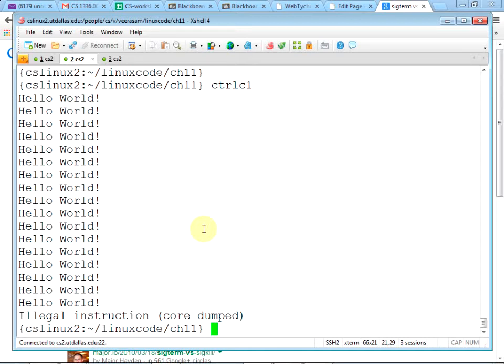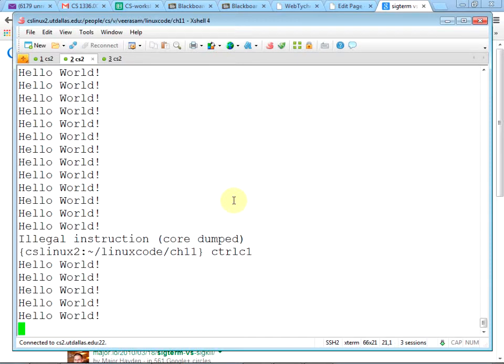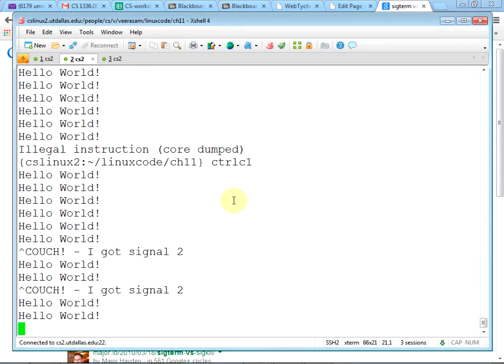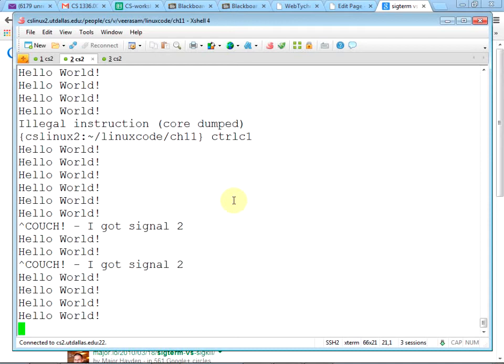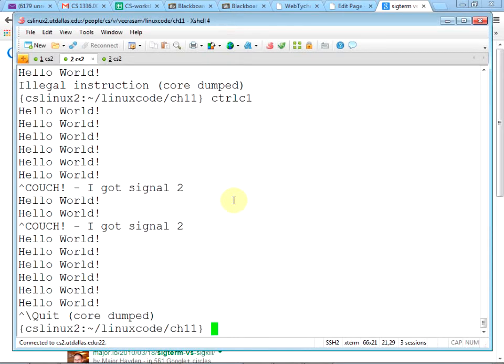So minus 2 is what gets created when you press Control C. Okay, Control C, and see, this is Control and backslash, a sure kill. I don't know what signal that is.